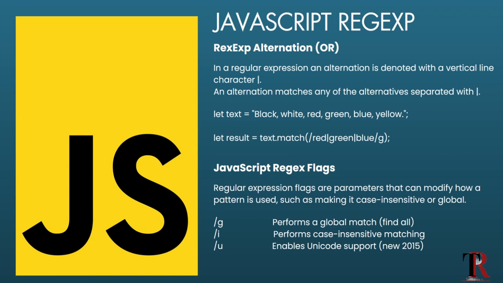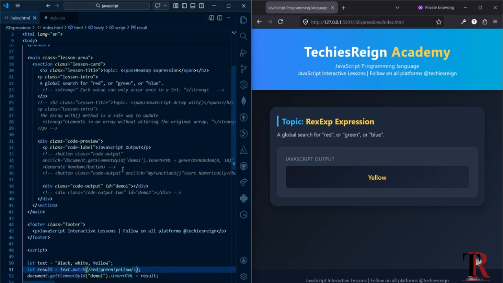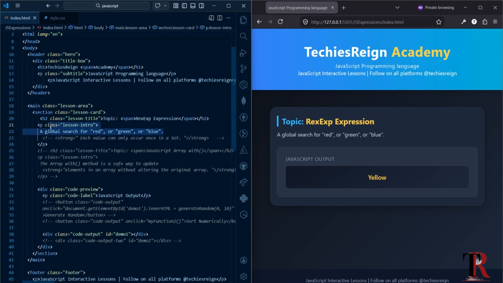The /u flag enables Unicode support. It's a new feature that was introduced in 2015, so it enables Unicode support. Let's take a look at one more example of how the g flag works and how it allows us to perform a global search. This time around, I'm not using the alternation that we used in the previous example. Simply what I'm trying to do is a global search